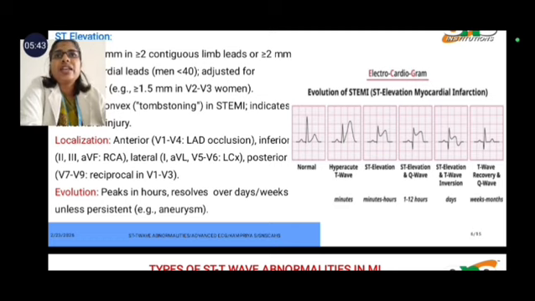Here the physical examination should also be done for the patient, whose general appearance is